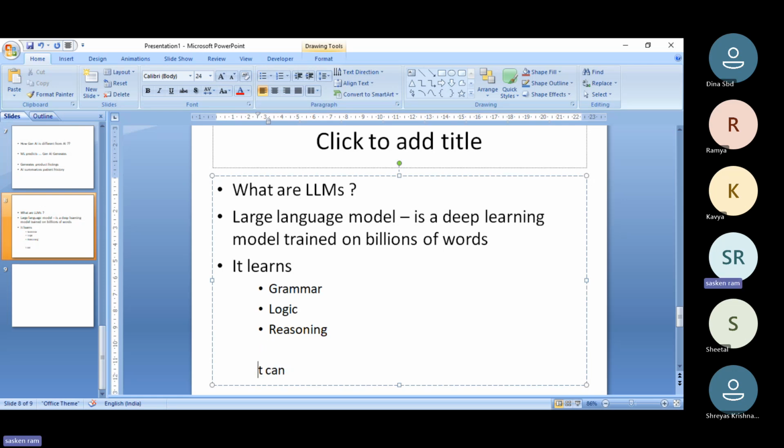If you give a 10-page document and ask it to summarize, it can do it. It not only generates content, it also summarizes the given data. Or let's say you upload a 2-page or 3-page lease document or sale deed in ChatGPT and ask it to summarize it, it summarizes it.